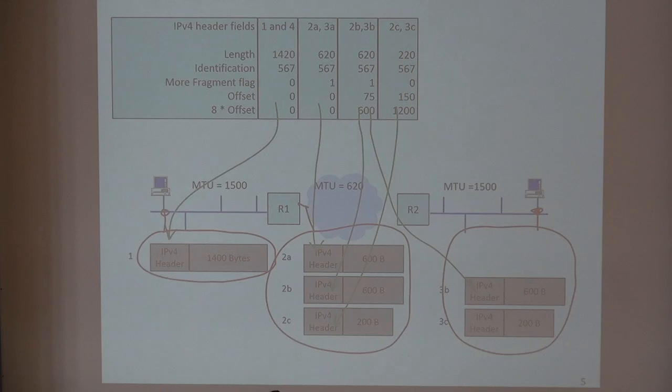When 3C comes, it will write the 200 bytes at the end of this one. And it still knows I don't have a complete packet, because I know this is the last, since the more bit is equal to 0. But I know it's not complete because in my buffer, I have not received anything for the first 600 bytes. So only when and if this arrives, the packet will be reconstructed and delivered to the upper layer, which might be UDP or TCP here.